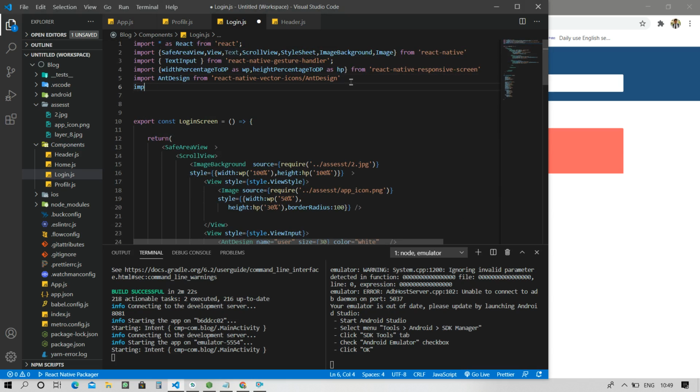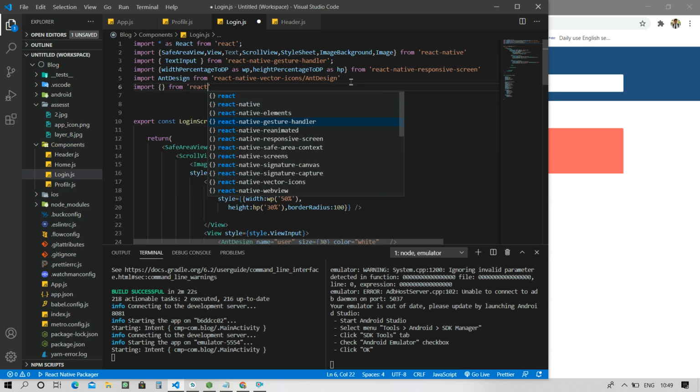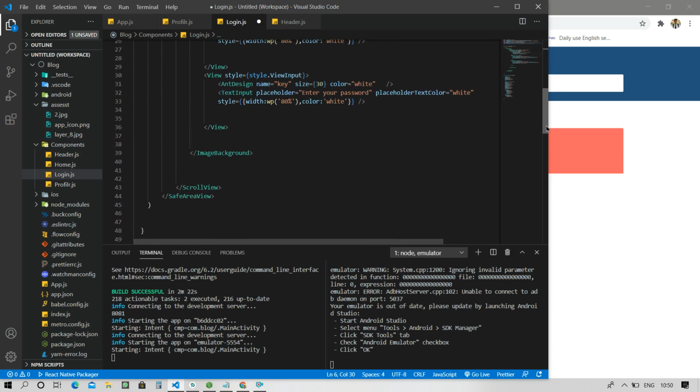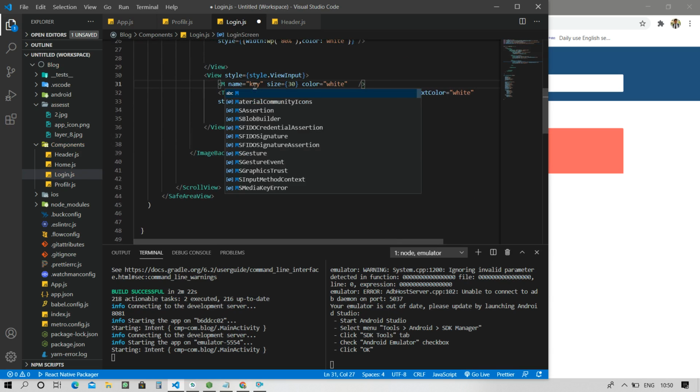One more thing here. You cannot import vector icons at a single time here. So you have to import again and again. Okay. So if you are importing another file, react-native-vector-icons slash MaterialCommunityIcons. Okay. So we are importing MaterialCommunityIcons here. So now you have to write MaterialCommunityIcons. Okay, so what you have to do is nothing much, just go here and instead of AntDesign, write MaterialCommunityIcons. Write M and it will automatically suggest it.